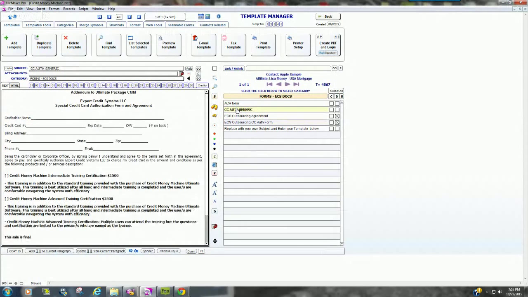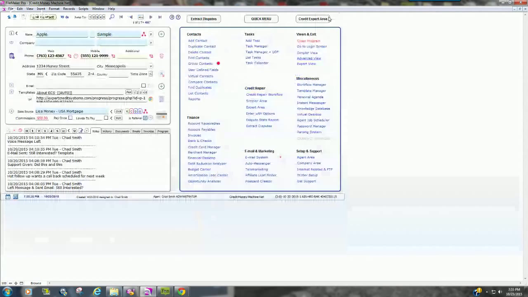It gives you professionalism. It gives you the ability to store a standardized document in Credit Money Machine that's going to pull information in from that contact record and electronically allow you to have it electronically signed. So that's the training on that. The other thing that I was going to promise you guys that I wanted to kind of